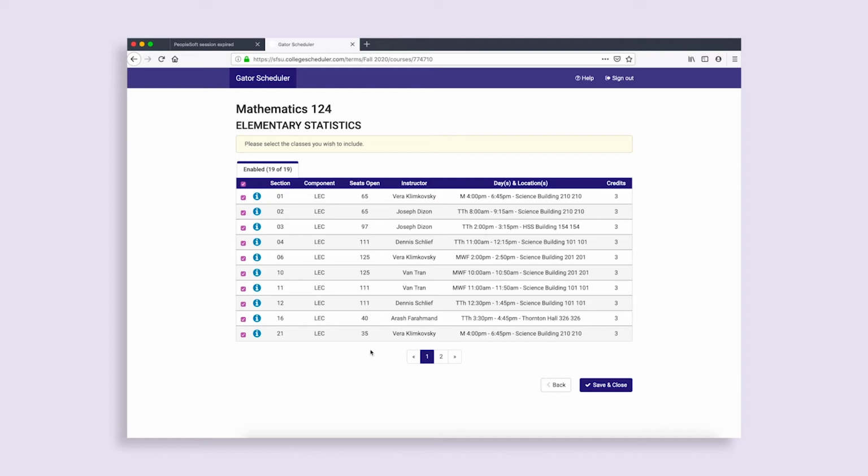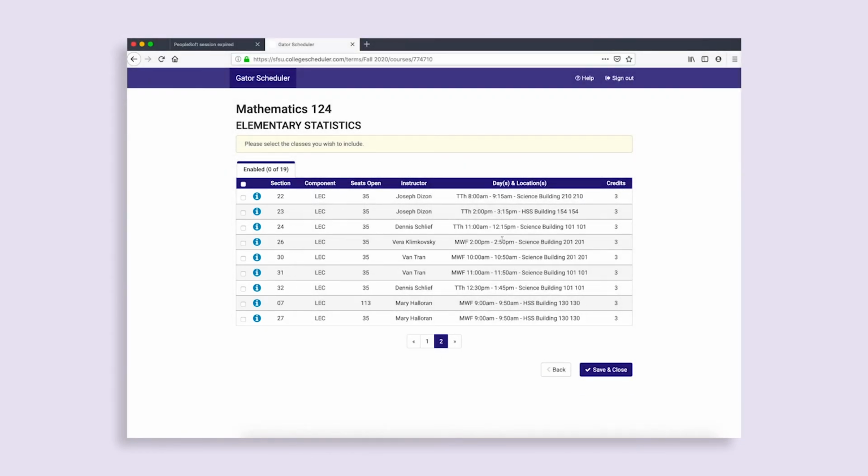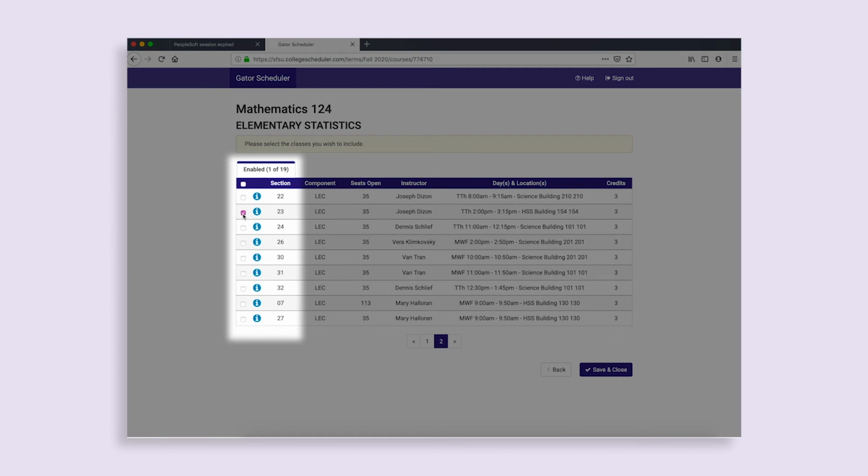You will see a list of all of the times when the course is offered with a checkbox next to each time. At the very top of the list under Enabled is a checkbox to select all of the course times. Uncheck this box. You should see all the checks are removed and it will say 0 next to Enabled. Look through the course times to find the course section you want and check the box next to that course time and section. The number next to Enabled should change to 1.